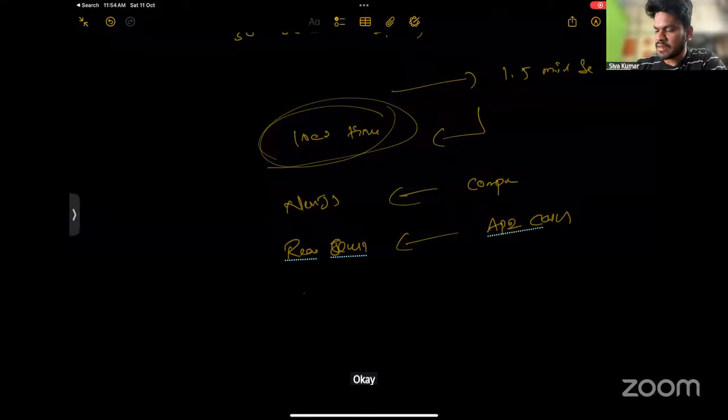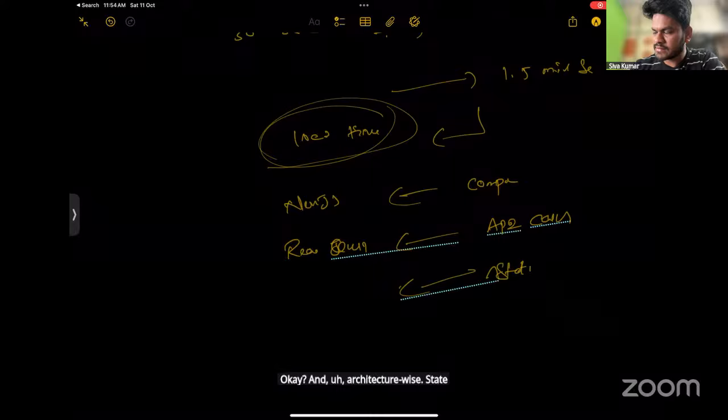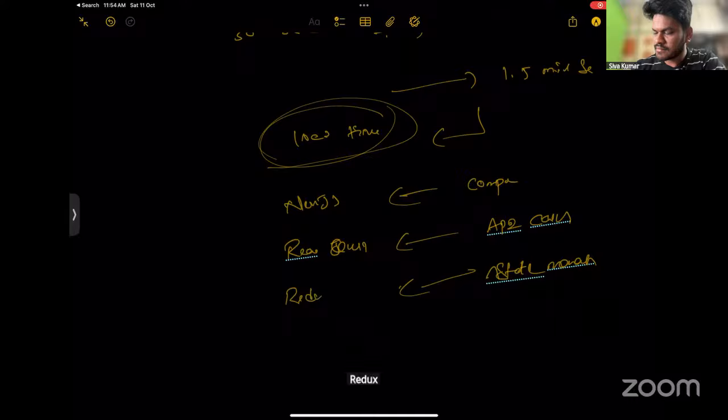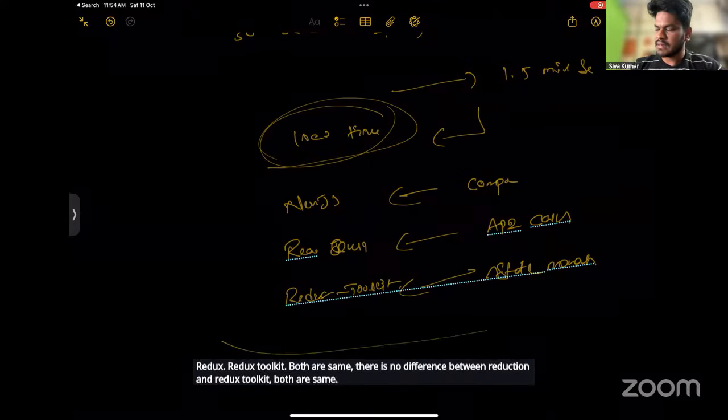Architecture-wise and state-management-wise, Redux Toolkit. Redux and Redux Toolkit are the same, there is no difference between them. So this is my tech stack.